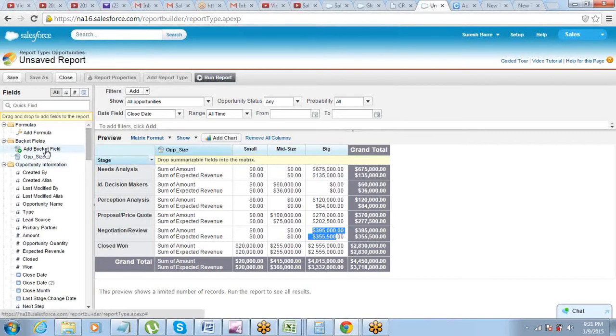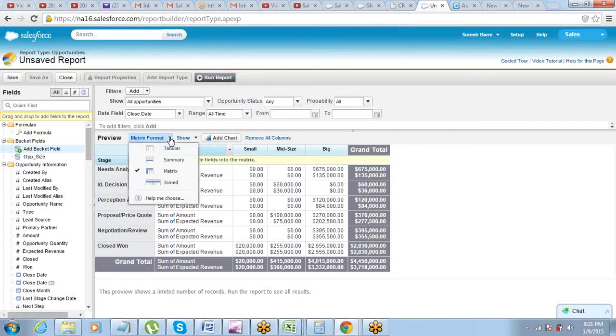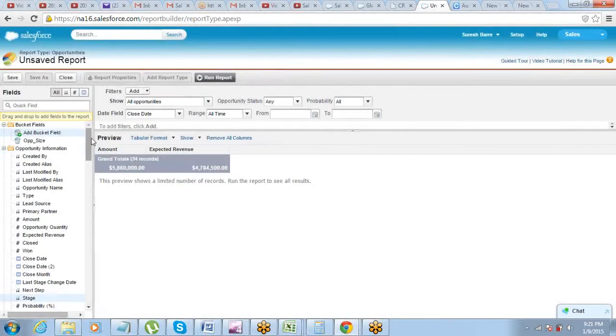So after creating the bucket size from 0 to 20, after creating 3 buckets, you drag the bucket field. You can see my screen? Yeah. No, this is matrix. Okay, fine. Let's go back to the normal tabular format. Drag the bucket field.